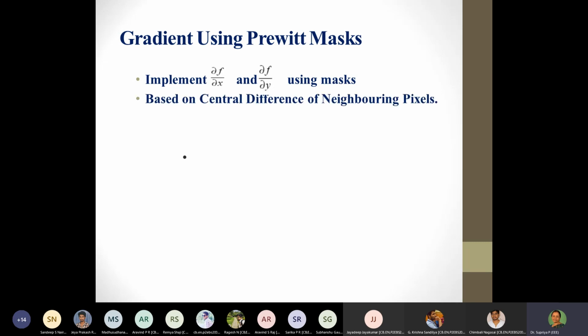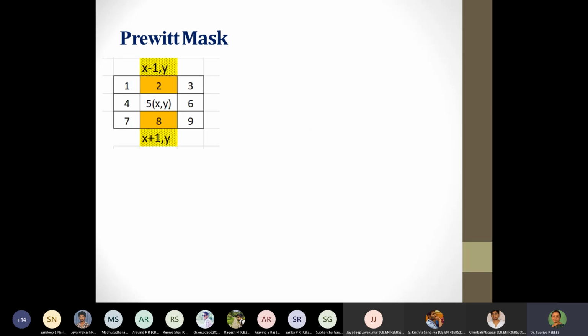Is it right? So I think this also we had discussed that it is based on the central difference of neighboring pixels, and one of the major features of Prewitt's mask is that it is sensitive to noise. You are telling about image enhancement after edge detection. Here, even before that, we may have to apply an averaging filter. We can observe what could be the output if averaging is not done, and what would be the output if averaging is done. This could be an exercise which we could easily carry out in the lab.